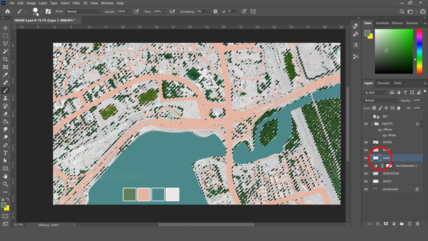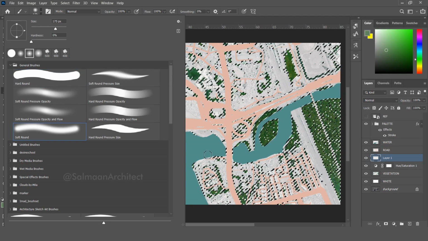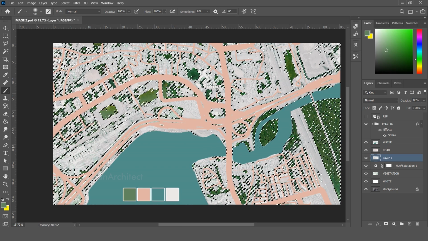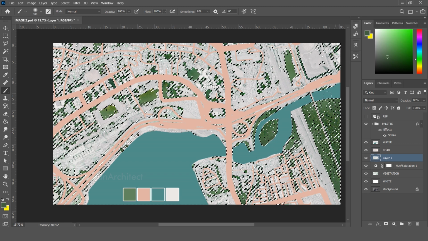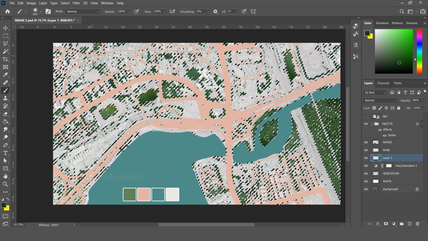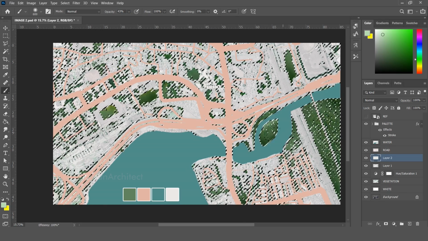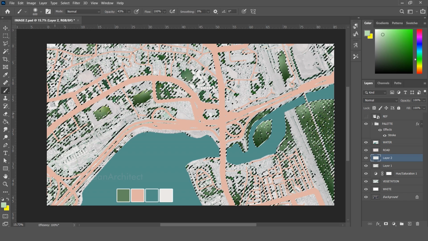On this new layer, let's choose a soft round brush, pick the green shade from the color palette and simply draw over the selection. Make sure to not fully paint over the entire selection, but only a few areas around these elements. We can alternate between different shades of darker greens around the edges to create a variation. We can play around with lighter shades as well by creating a new layer and painting it with lighter shades